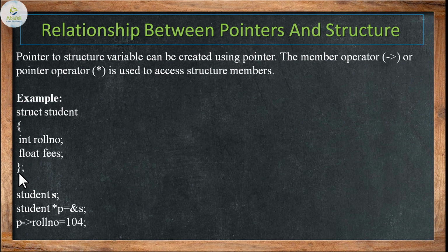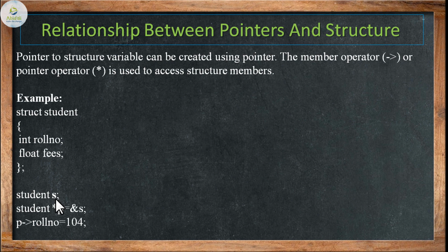The structure definition ends with the closing of the curly brace followed by a semicolon, just like the class. But the class will consist of data members as well as member functions. Similarly, how we create an object for the class by using the name of the class followed by the name of the object, here also we'll be creating the member of the structure by using the structure name itself. So student S, where S is a structure member belonging to the structure called student.